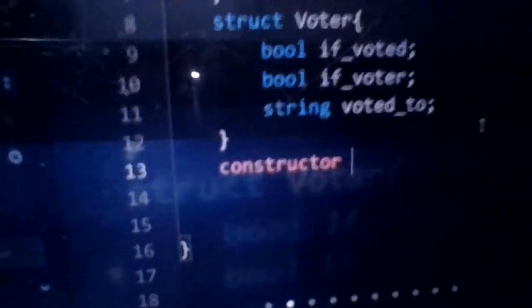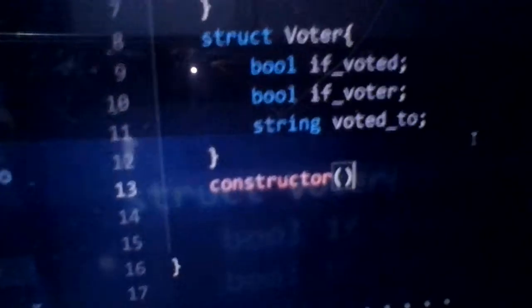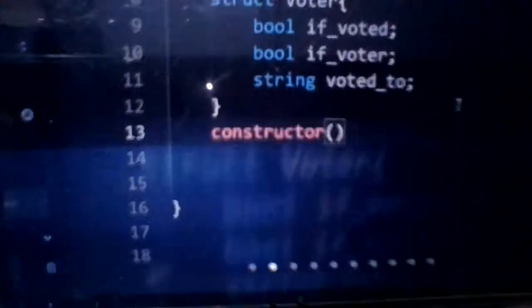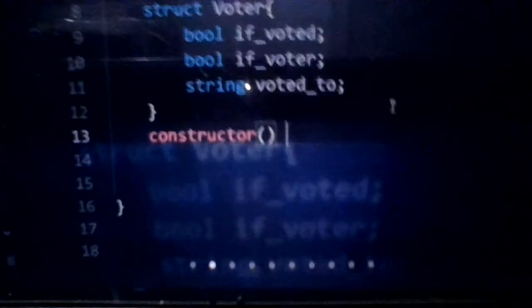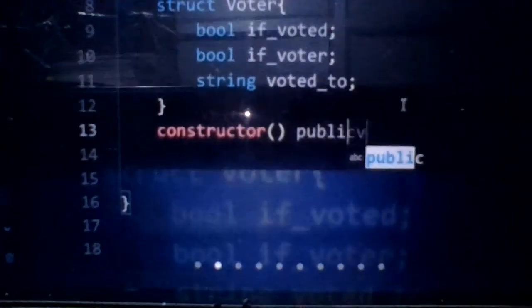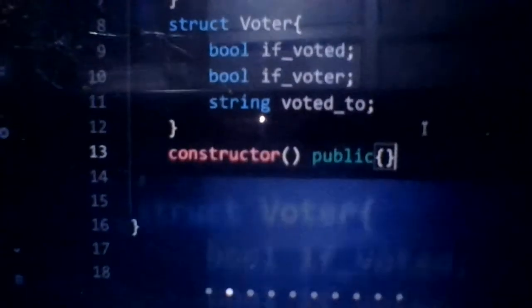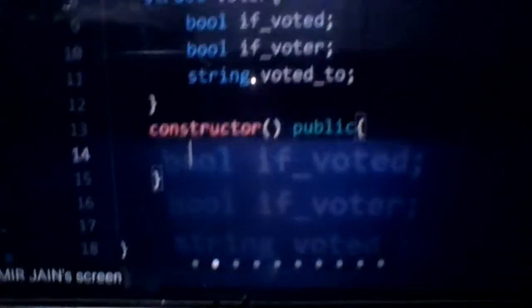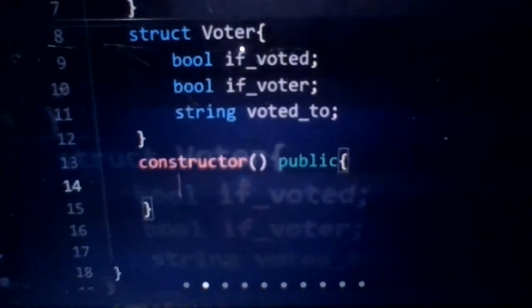Type constructor. It is something like a function. So we have to add this parenthesis, and we have to make it public, as I have already told you earlier. So what is a constructor? Whenever this contract is deployed, the very first function that will be called is the constructor.